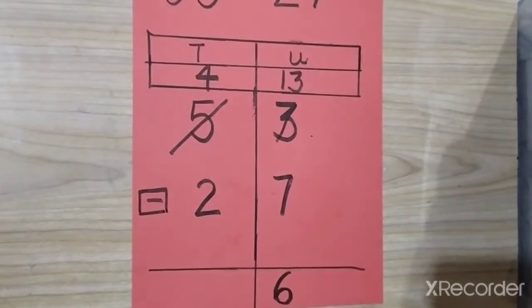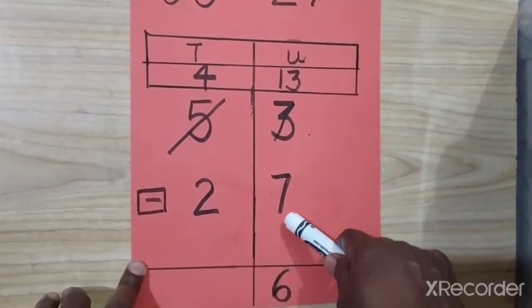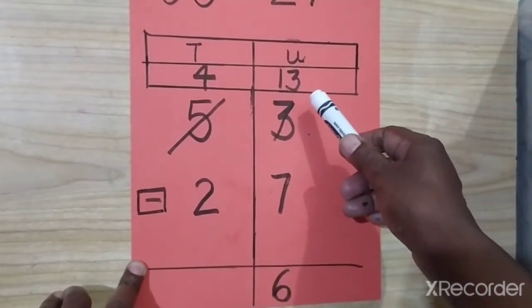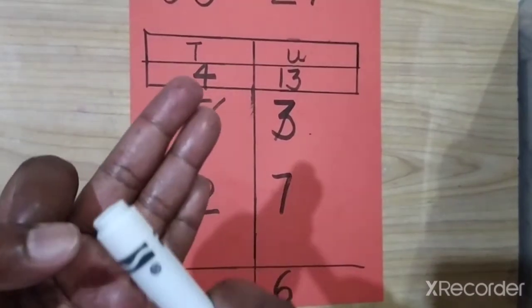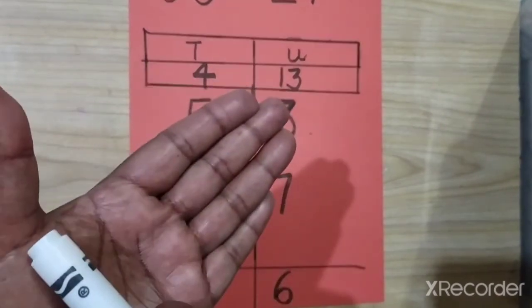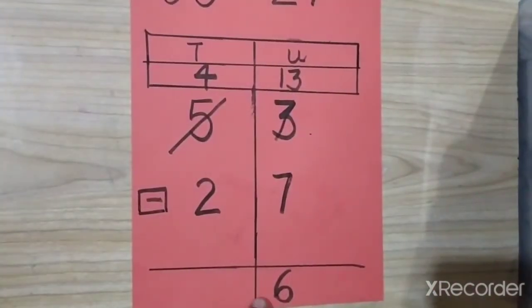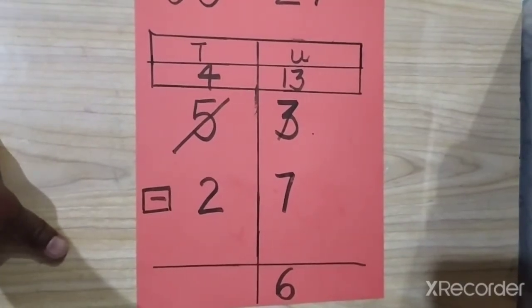Now if you find counting backwards difficult, there is another way of doing it. From 7 you can count up to 13. You can start from 7 and count up to 13 moving forward. Did you understand? So 7, you don't count 7, take 8, 9, 10, 11, 12, 13, 6. We have got 6 here. Understood? You can do it either way, whichever you feel is comfortable. Okay? So that's done. Now let's move to the tens place.